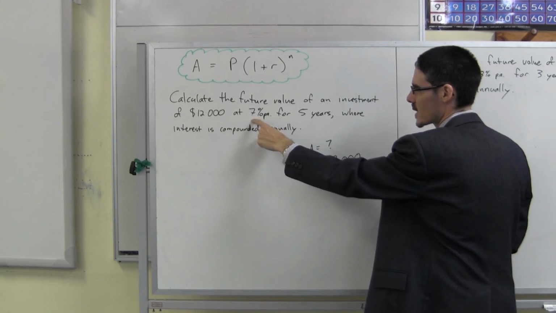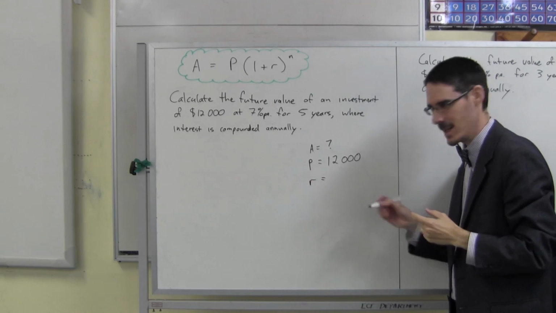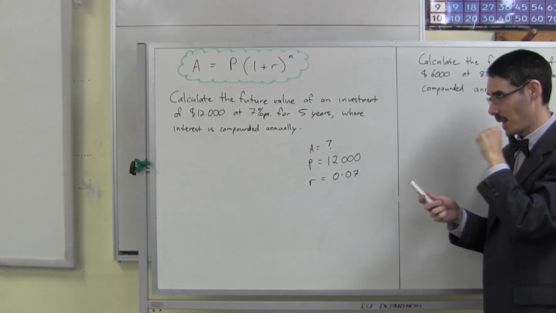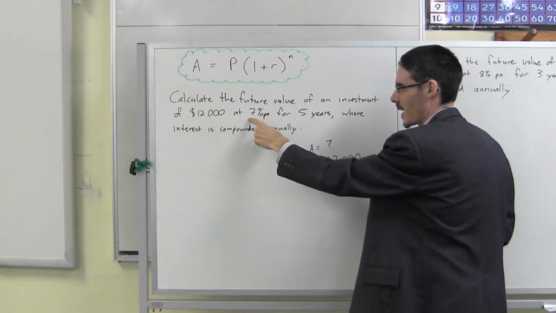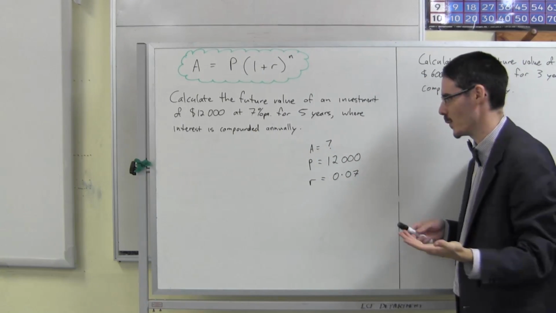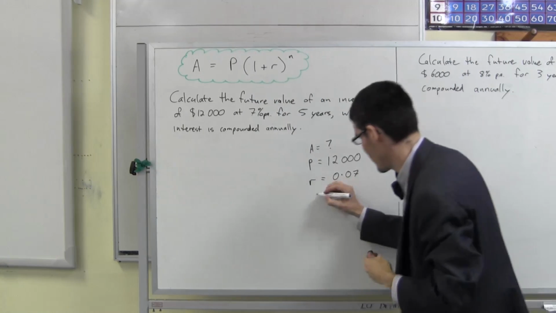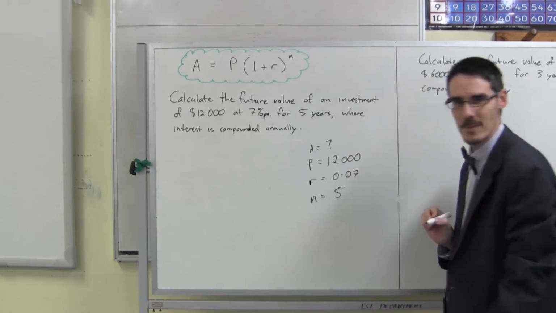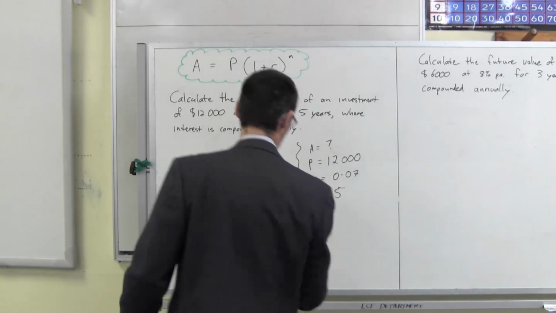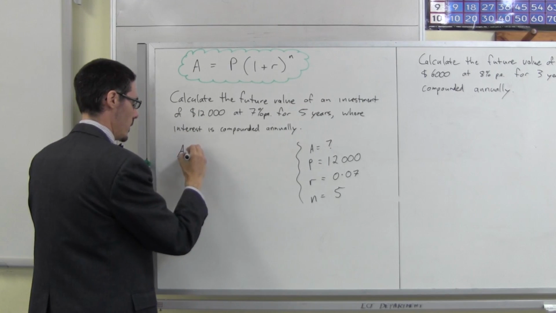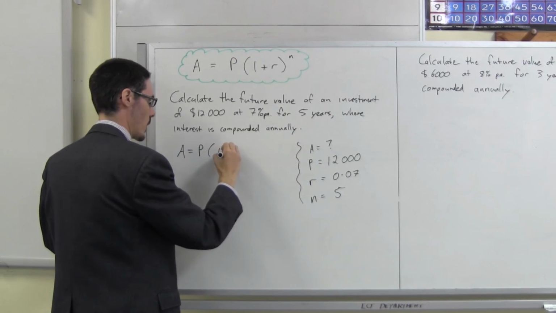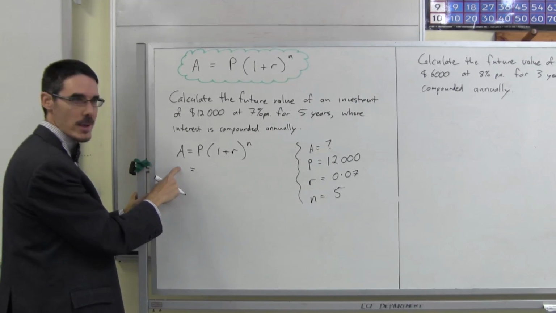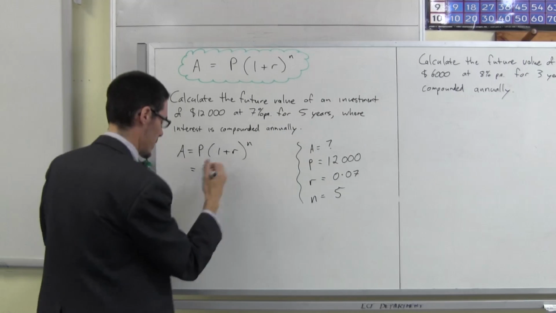I'm working annually, so I'll just leave it as 7%, and I'm going to write it as a decimal, 0.07. If you get stuck on this, just get your calculator, 7 divided by 100, very simple. N, number of terms, in this case number of years, is 5. Pretty straightforward. Let's plug it in. Future value amount is principal times 1 plus R to the n. That's what I'm trying to figure out. Principal is 12,000